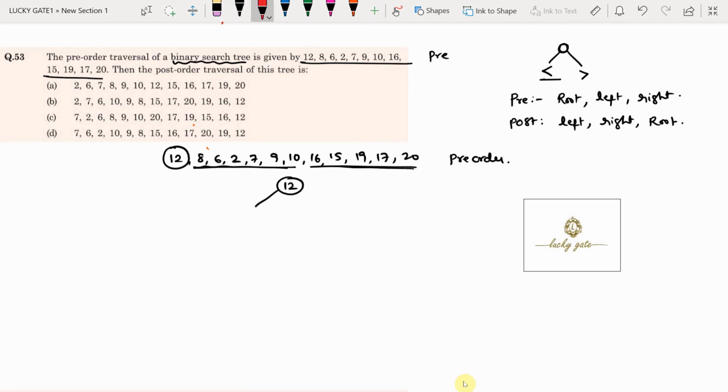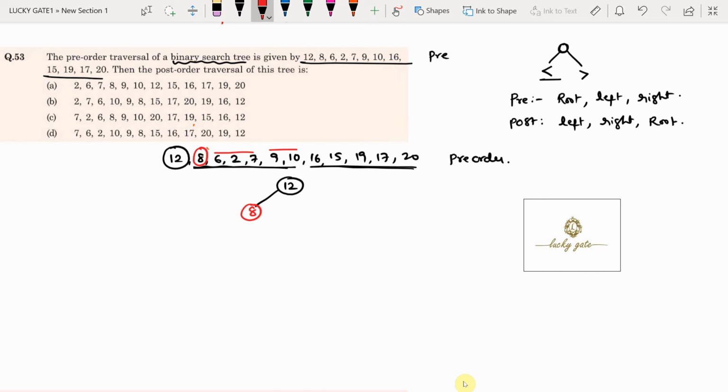Again, in that the first key value is the root node of the left subtree. Because these are the left subtree key values, the first will be the root node of the left subtree, that is 8. All key values less than 8, these 3, go to the left subtree of 8. Greater than 8 will go to the right subtree. Again, in each subtree, the first node will be the root node, lesser values will be the left subtree, greater values will be the right subtree.